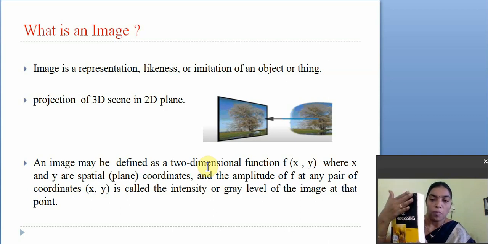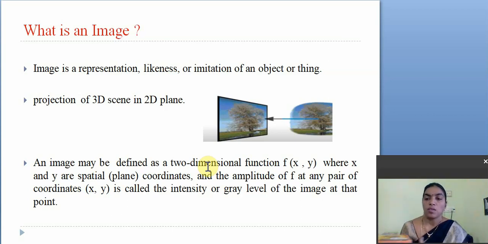In this xy plane, each point is represented as x comma y. That is said to be the location. At that particular x comma y coordinate, we have one color value.